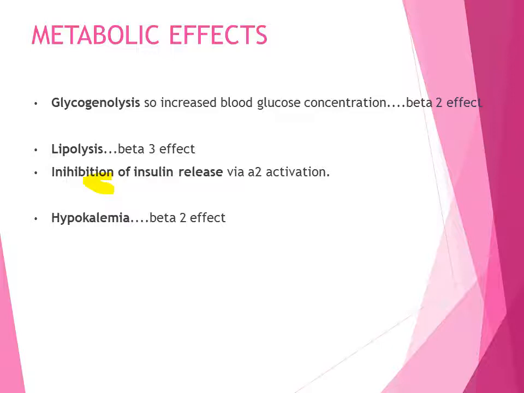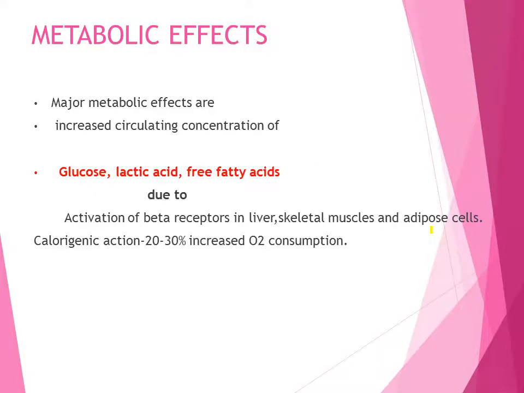Metabolic effects. They cause increased blood glucose concentration because they cause glycogenolysis, because beta 2 receptors are located in the liver. Major metabolic effects are